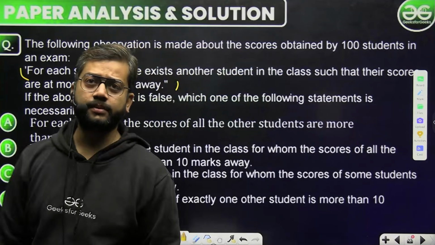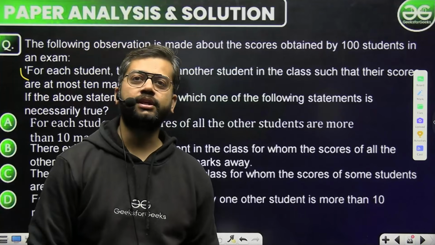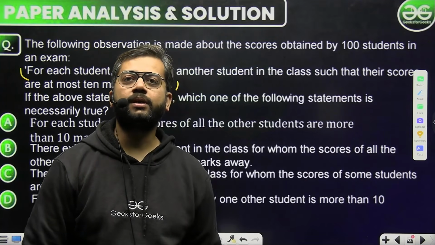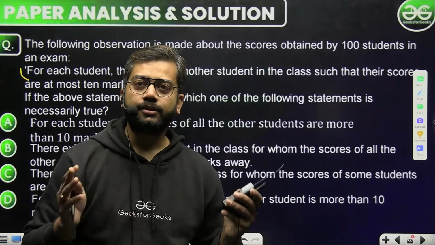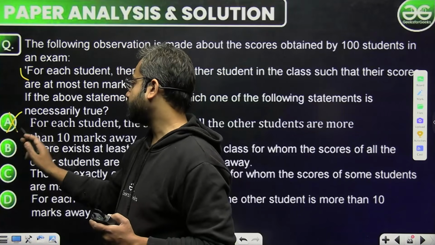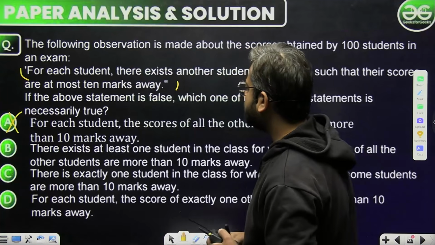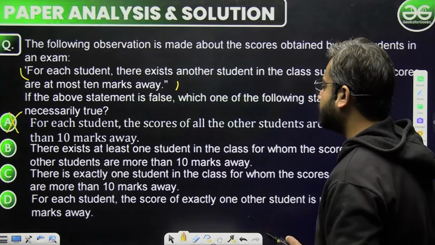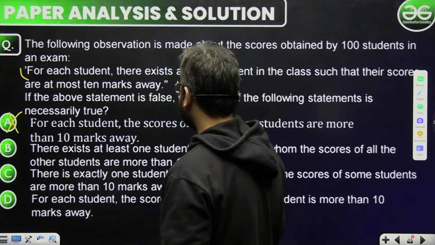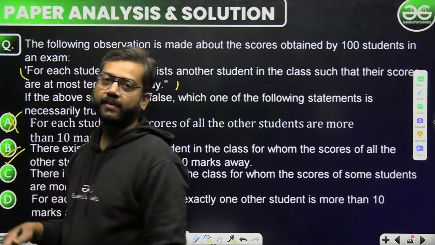कहीं लिखा हुआ है more than के केस के बारे में, आप खुद ध्यान से इस क्वेश्चन को देखिएगा, कहीं पर भी लिखा है कि यहाँ पर हाँ मोर देन का केस बनेगा, यहाँ एटलीस्ट के बारे में बात हो रही है, ठीक है। तो एग्जैक्टली मोर देन का केस कतई नहीं बनेगा। There exists at least of one student in the class for whom the score of all other students more than 10,